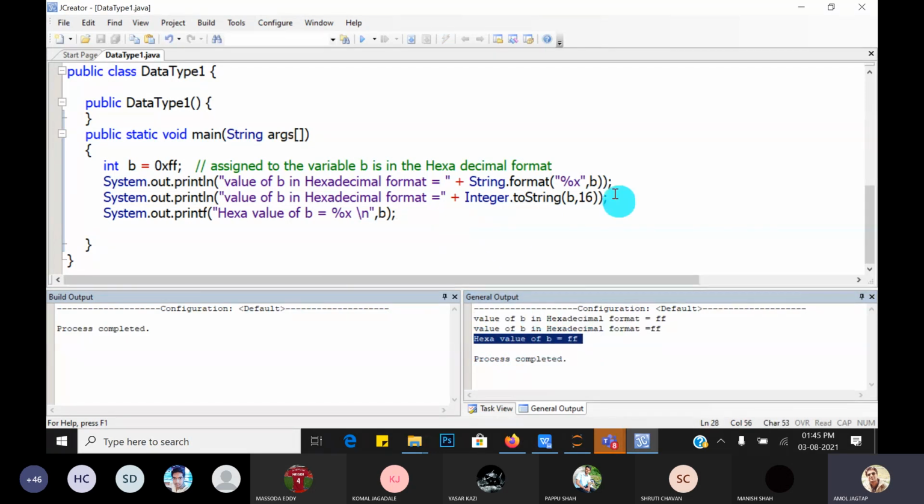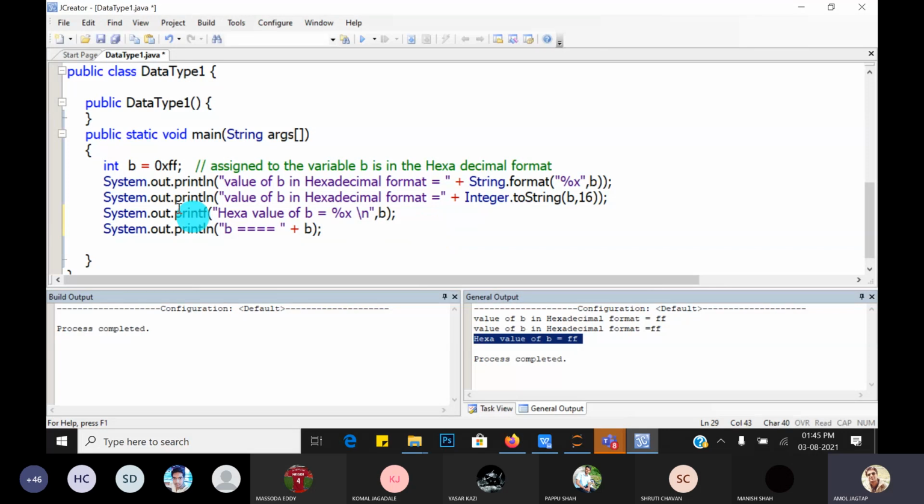Guys, these are three different ways using which we can display the hexadecimal values. And if you write just System.out.println, "b is equal to" plus b, then what happens, guys?